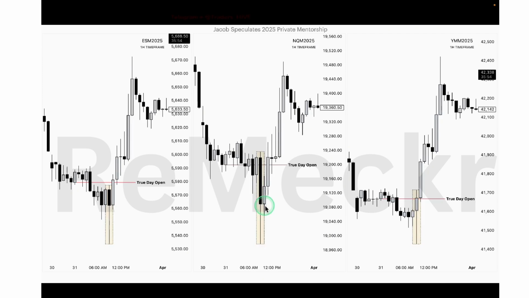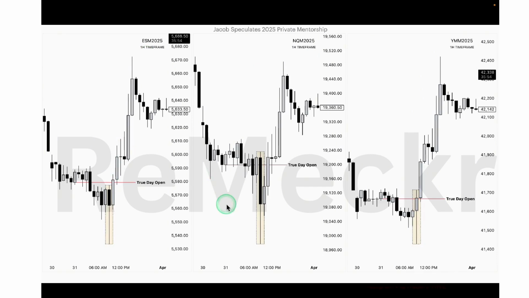So how could you have known which one was better to trade to the upside, which is what we wanted to see? Well, if we take a look at candle 3, we can see the distance between the opening price of this candle compared to the close of this candle is smaller, compared to if we were to look at the Nasdaq, the open of this candle, which would be candle 3, to the close of this candle, that range is greater. So the Nasdaq is going to be more likely to kind of lag behind, while the S&P is going to have more of a willingness to run up faster.